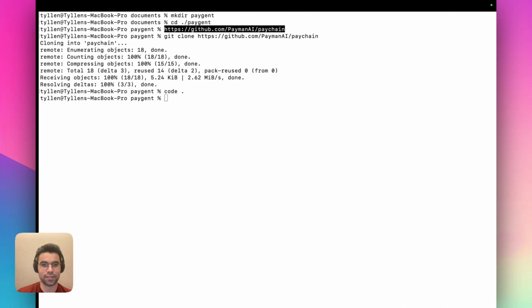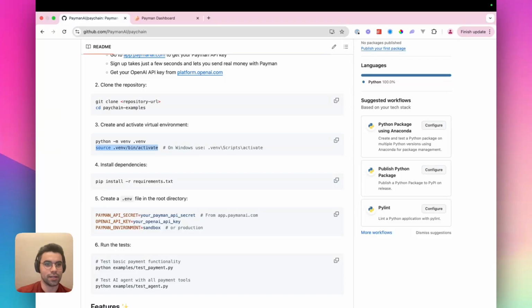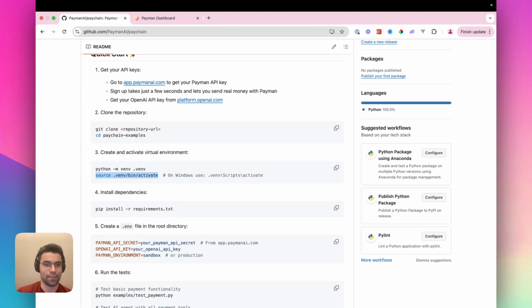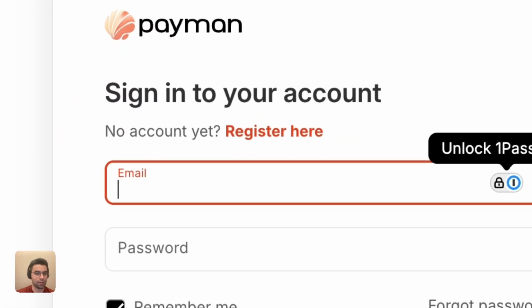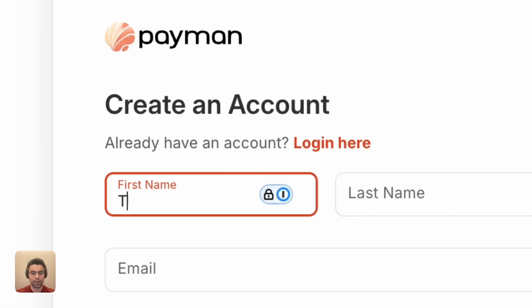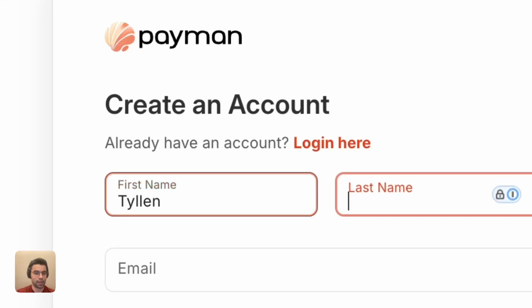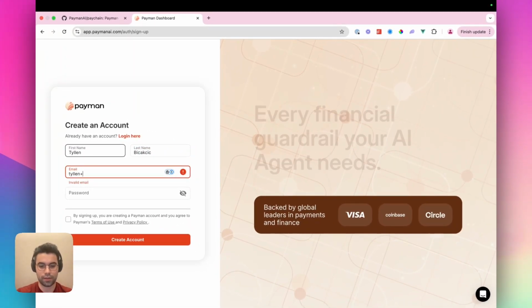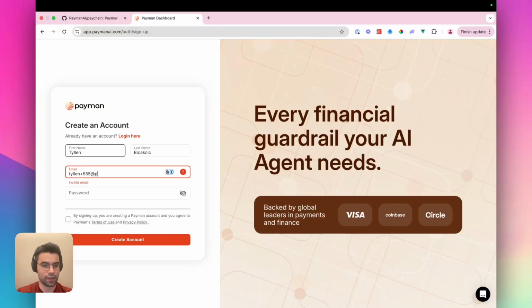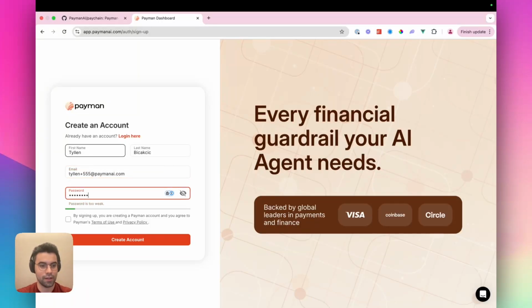So as that's getting installed, I'm actually going to now go to Payman AI to get an AI agent payment account so that we can actually start moving real money. So I'm going to pretend I don't have an account. So let's set one up. I'm going to put in my phone number, and it's Chinese New Year, so maybe the luck will be all around. Set up a password, sign up,